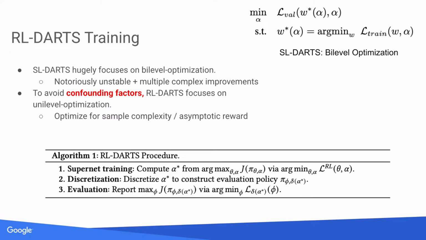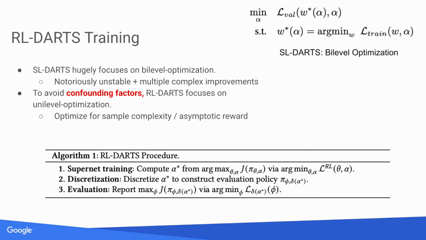One necessary change we will make is to focus only on uni-level optimization as opposed to bi-level optimization, which is used in SL DARTS. This is because bi-level optimization is notoriously unstable and requires multiple improvements to get working, and may confound the message of our paper. Furthermore, one of the main objectives in RL is to optimize sample complexity and asymptotic reward anyways, which uni-level optimization